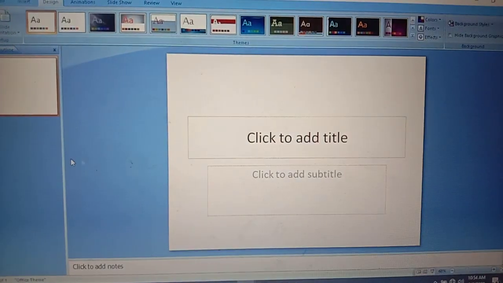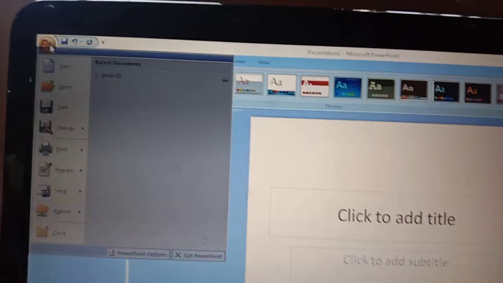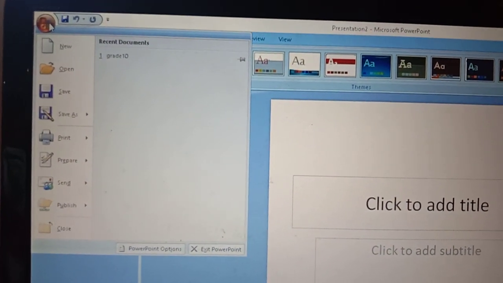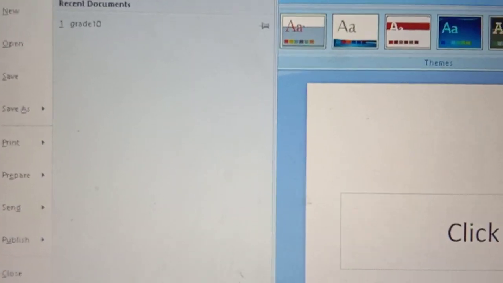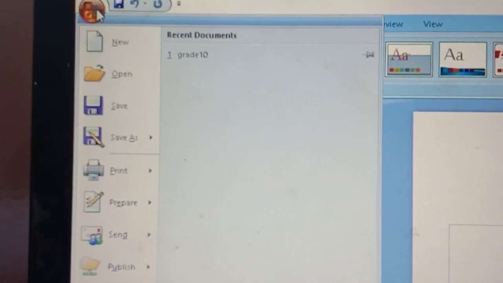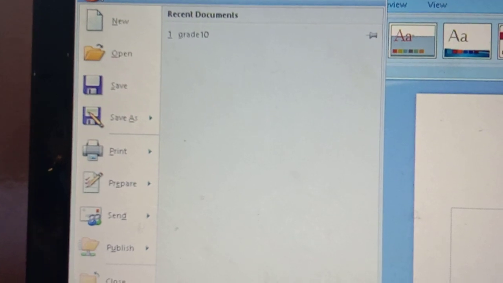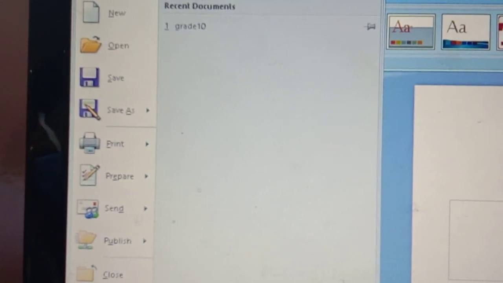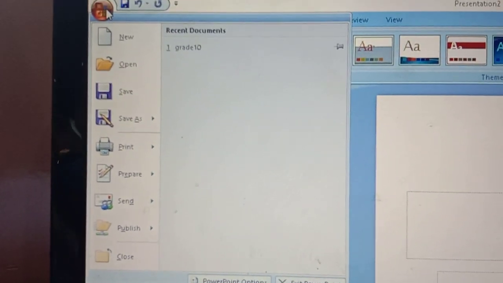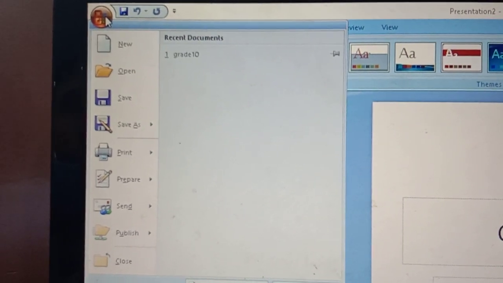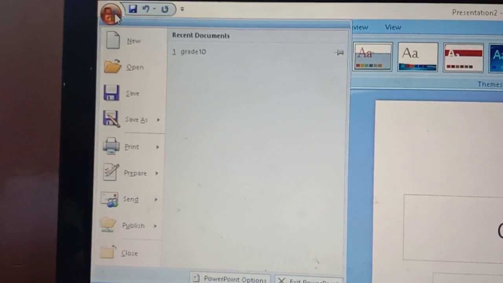When I click the Microsoft Office button, you can see what commands we have. One is New, which helps us create a new presentation. Open helps us open an existing presentation. Then Save As, and we have Print, Prepare, Send, Publish and Close commands.